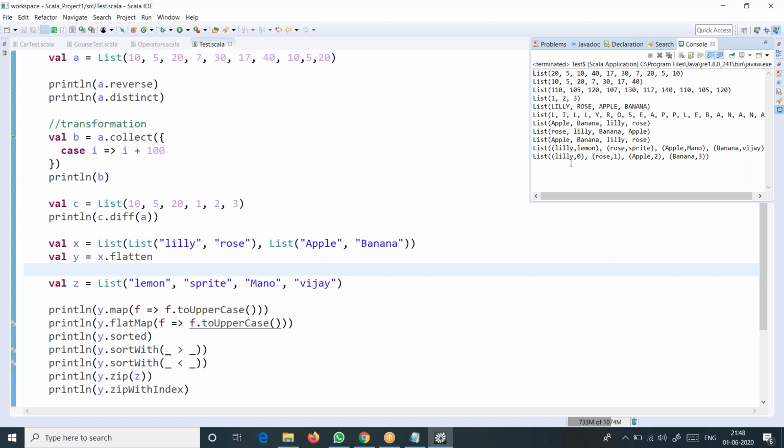And then sorted means we are applying sorted on Y. Y is nothing but, you can see there, apple, banana, lily, and rose. They are alphabetically sorted. It's more like default natural sorting. It is sorting in incrementing order, alphabetically sorted.